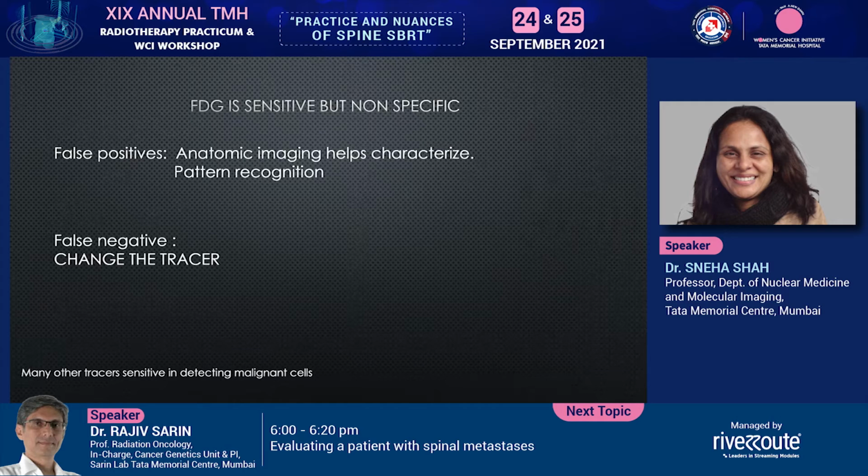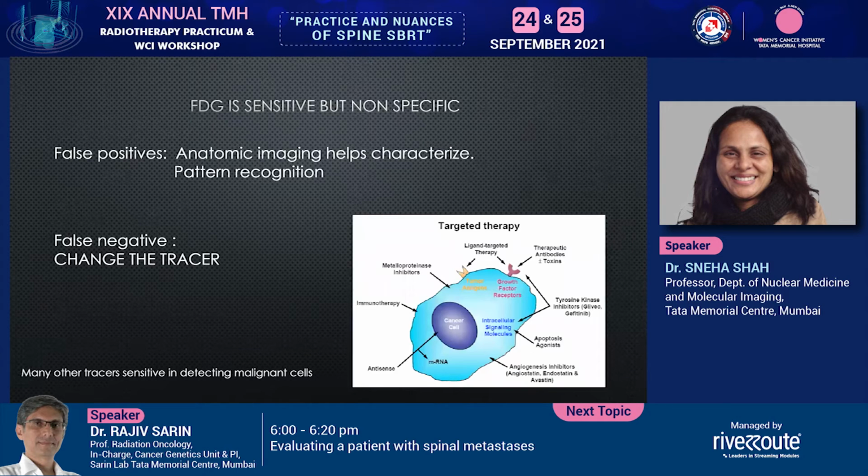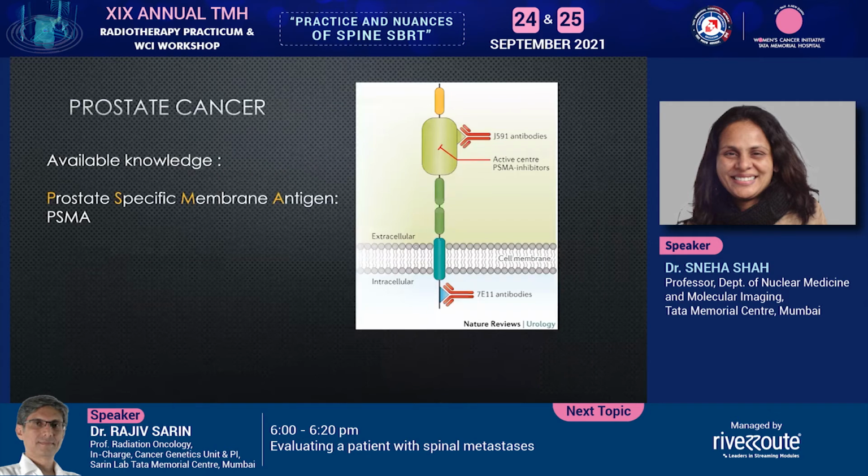So what we decided, we are trying to investigate. We could change the tracer and again look at the tumor and see, if not FDG, what are the other physiological or pathological components of the tumor cell which you can identify and utilize. There are multiple tracers in evaluating tumors which are sensitive but not specific, and we will not discuss all of them like FLT and FET, but we will now move to the tracers which are more specific to tumors, like the PSMA, which I mentioned earlier.